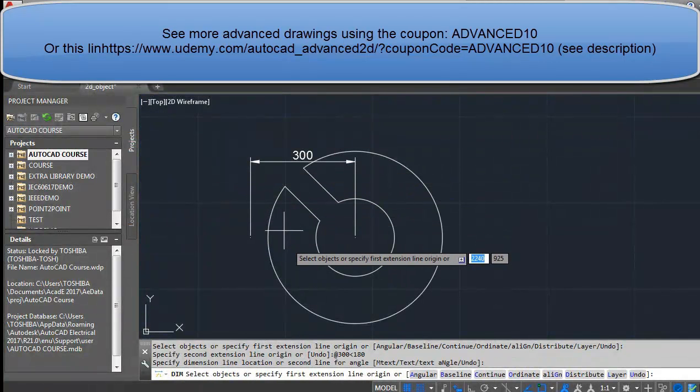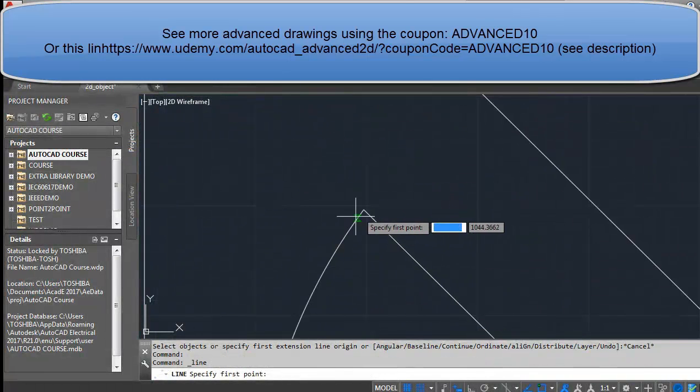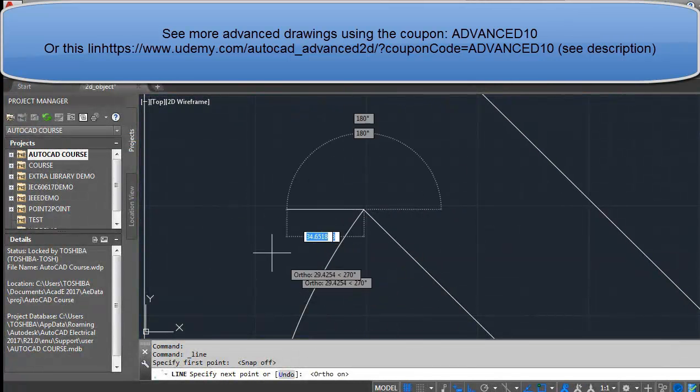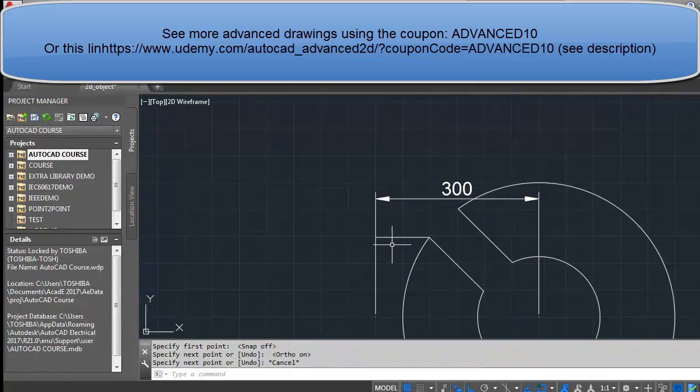And again I will get the line tool, and from this point let me turn off the snap mode so I can get this point here, and let me turn on the ortho mode. Okay, and I will go to this point here, to the intersection with the dimension. Now we have this line. Let me remove, or before I remove